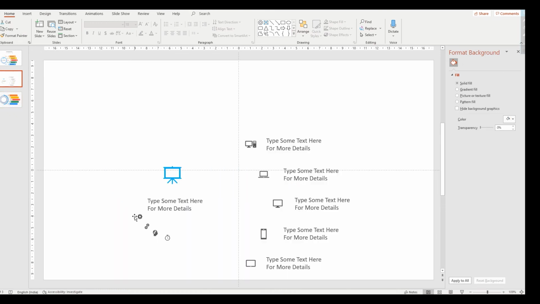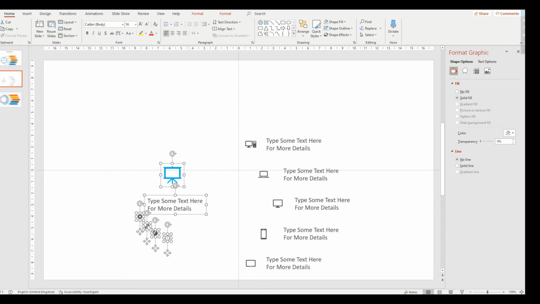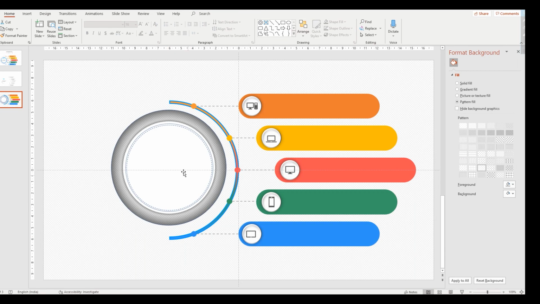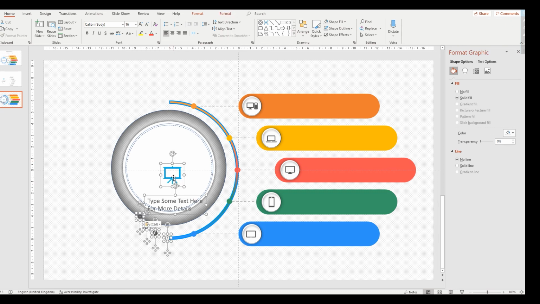Now another icons also we need to copy. Paste here, need to adjust.